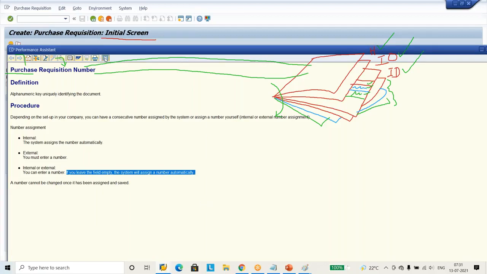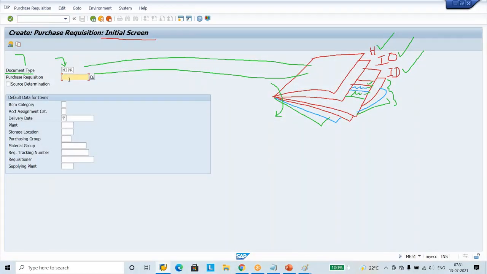That means if you do not enter the number here, you are indicating to SAP that SAP should create the number. We are asking SAP to choose the internal number range which we created yesterday and create